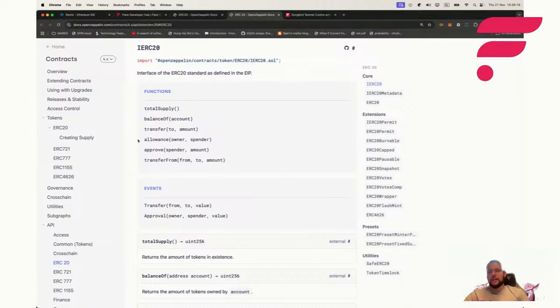And what do they do? Well, the first one is allowance. It just tells you how much a spender is allowed to spend from the owner. The second one is approve. It says, okay, me, the owner, I want to approve some spender to spend some amount that can be taken from my balance. And the third one is transferFrom, which is pretty much executing this and can be executed by the spender,